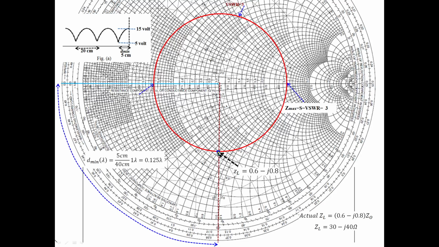So this is a point. Here is the value of impedance. This value I read, it is equal to this. This is the intersection of the r equal to 0.6 circle and the x equal to 0.8 circle. Passing through this point, which resistance circle, which reactance circle. So that is the normalized impedance. For the actual impedance you multiply by 1, and you will be getting it here.